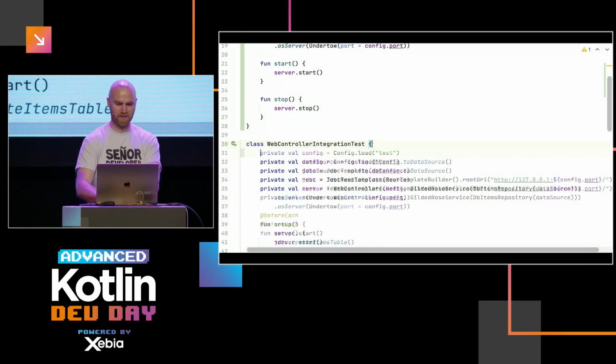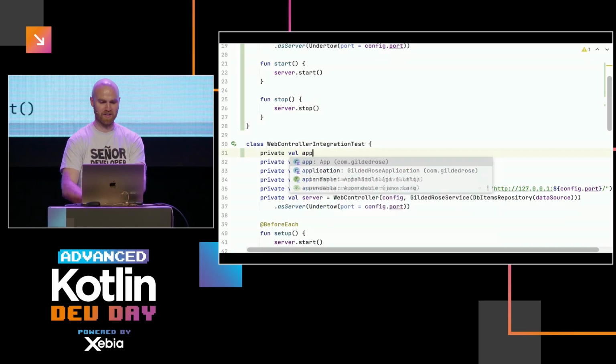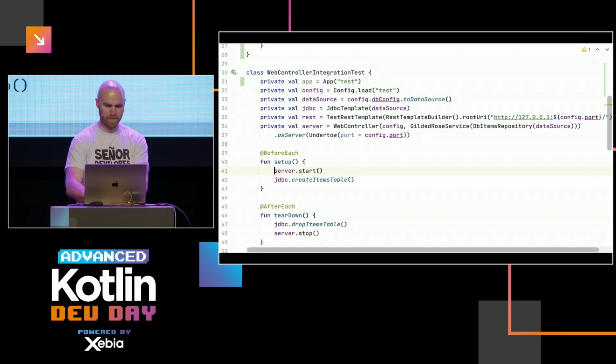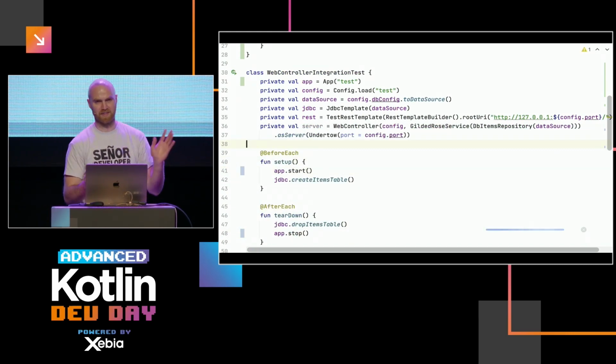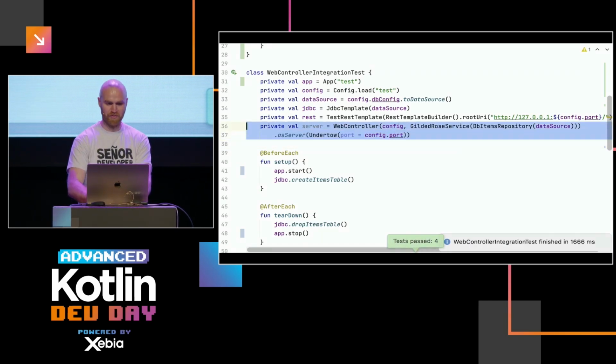We should be able to now, it's like incremental refactoring. I introduced a class, and now I can use it here, and environment is test. And then instead of the server, we could use start and stop app. So I can just run this the way it is. So it works. So like this was a reasonable refactoring.